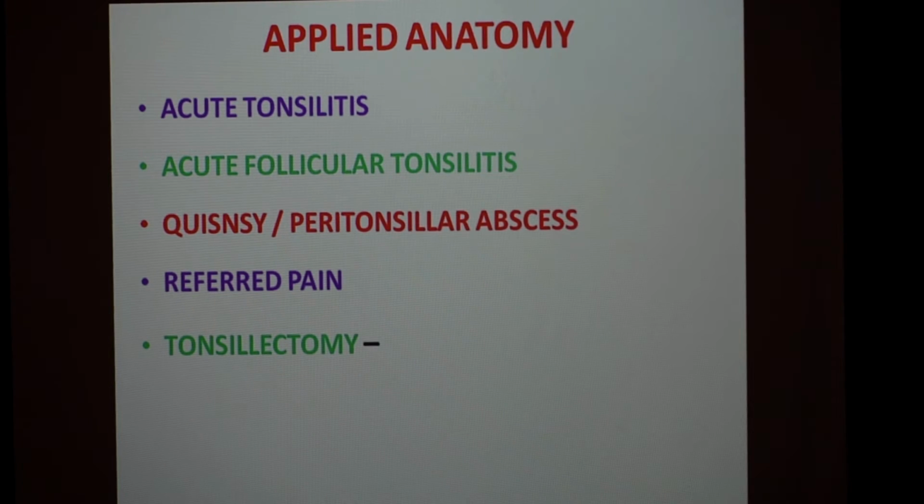Lastly, if there is recurrent tonsillar infection or there is formation of the peritonsillar abscess, there may be a need to remove the tonsils in the children. That condition is called tonsillectomy. It can be easily removed because there is a peritonsillar space available on the sides, so it can be very easily removed. But as I have shown in the diagram, in the peritonsillar space there is presence of a peritonsillar vein. So that should be very carefully taken. Otherwise, if there is bleeding from it, it will be very difficult to control. So while removing the tonsil, we should take care of the peritonsillar vein.